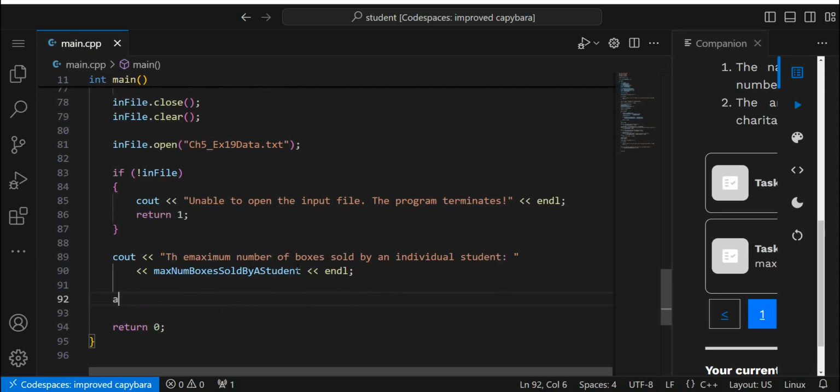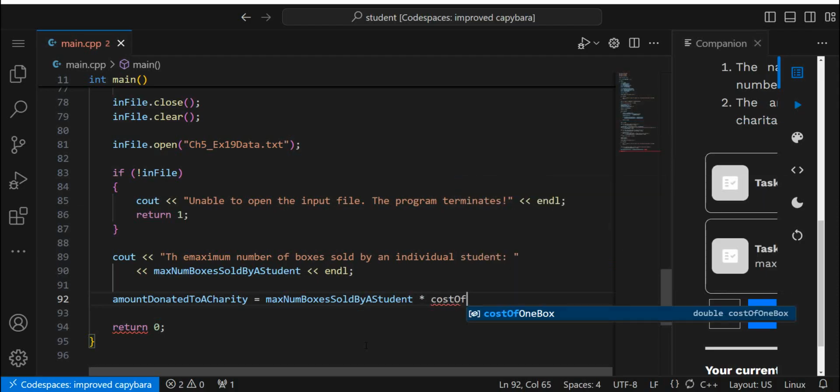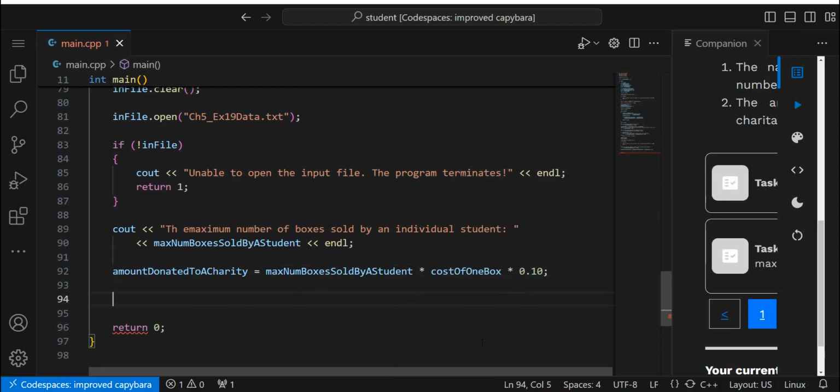Alright, then we got, this would be amount donated to the charity equals max num box sold by a student times cost of one box times the 10%, times 0.10, which is 10%. There we go. And then cout the amount donated to each charity is